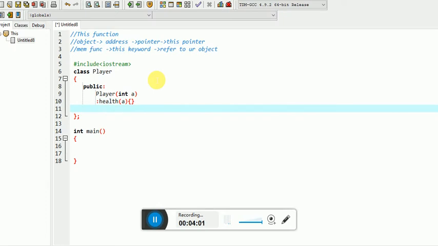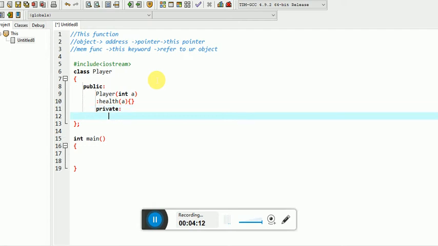Let's create a private data member. The data member we have created, let it be health.